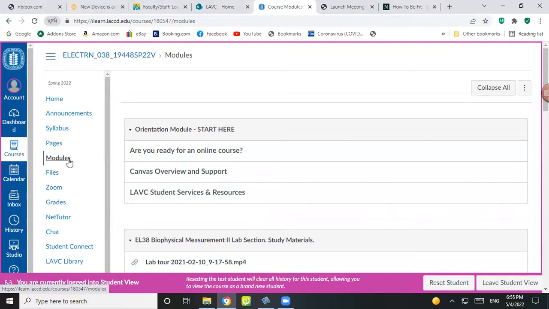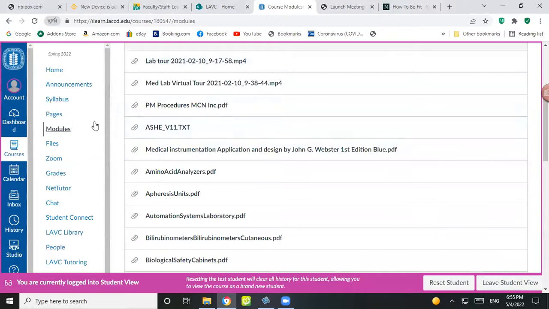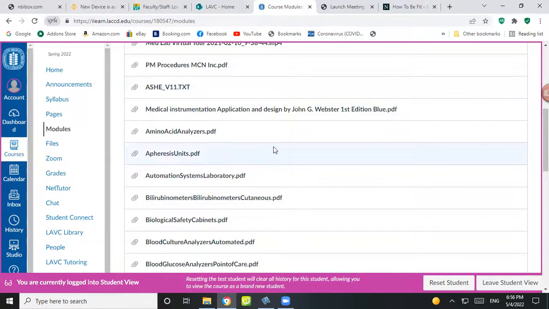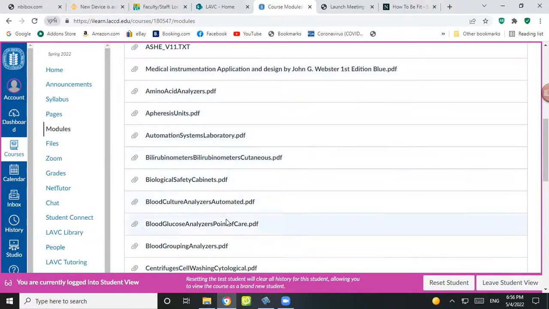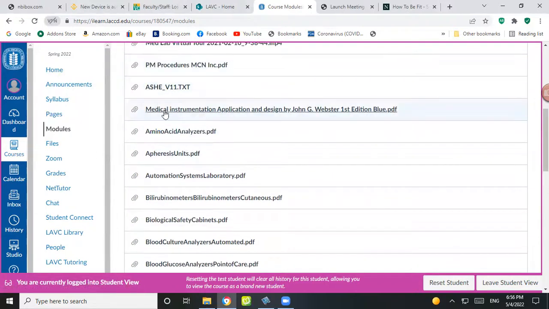Let's see, when we go to the module sections, I did upload some new reading material for you, so I just want to show you what there is. There are some new ones, the automate system right here. I think it's to start from here. You have the amino acid analyzers, apheresis, automate system laboratory,